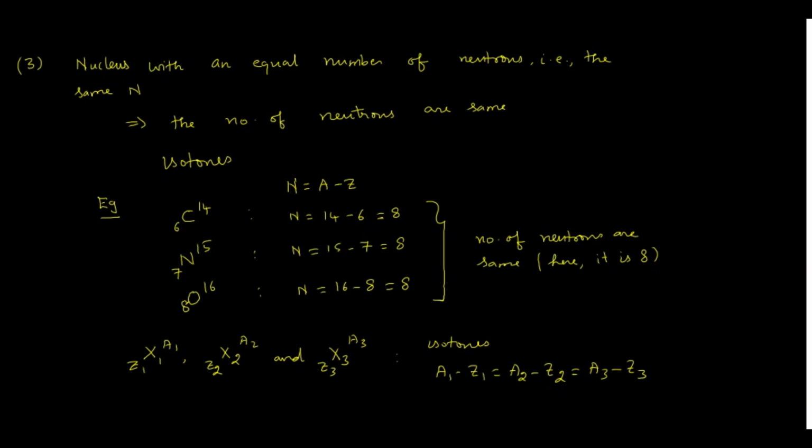Next one, fourth one. This is about isomers. A nuclear isomer is actually a metastable state of an atomic nucleus,